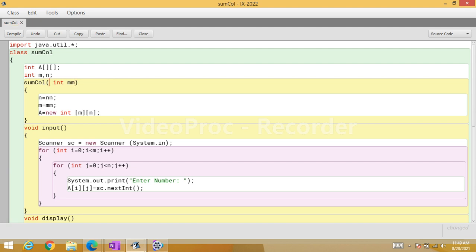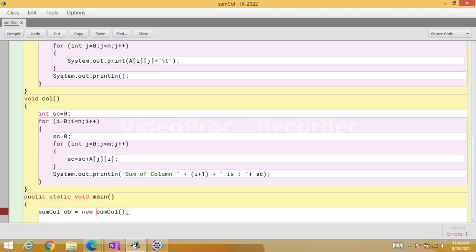So I'm going to just change this data to int mm, int nn. So when we are calling, the first parameter will be the number of rows, let's say 3. The second parameter will be the number of columns, let's say 4.